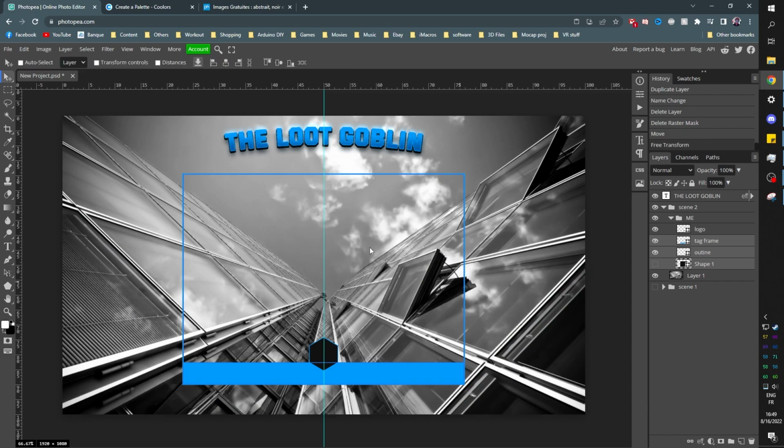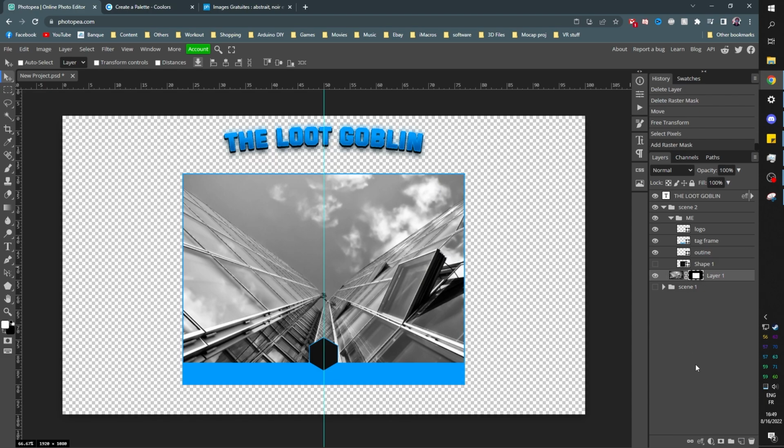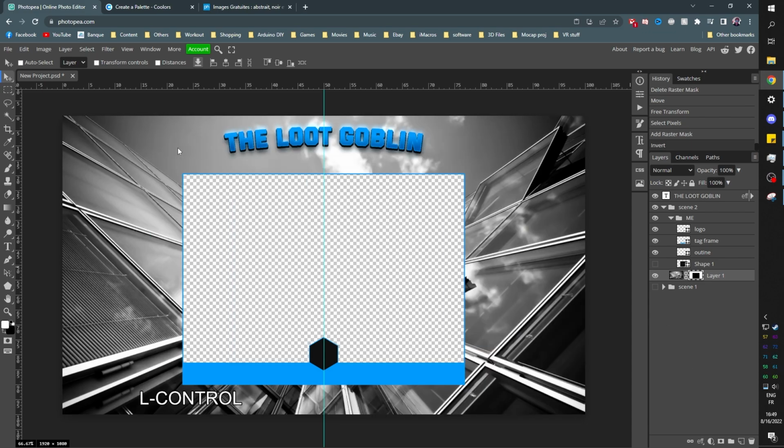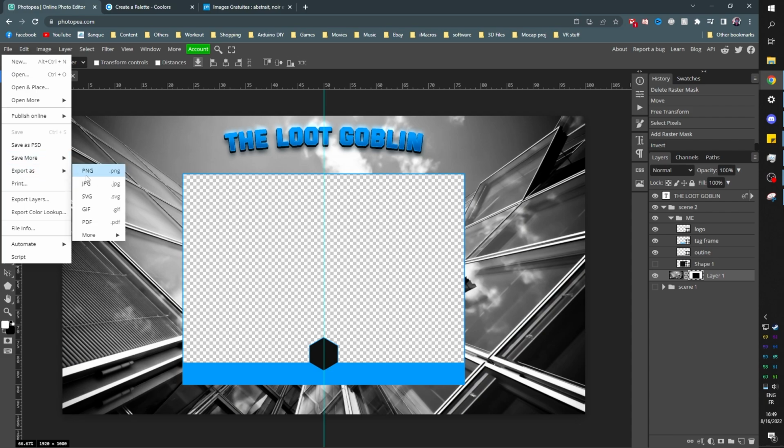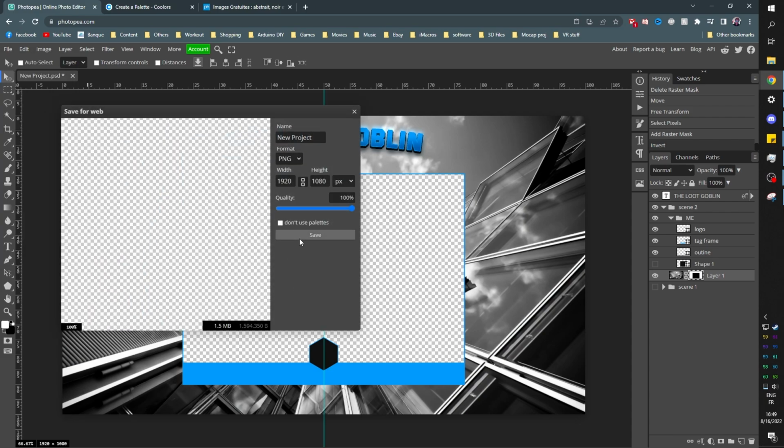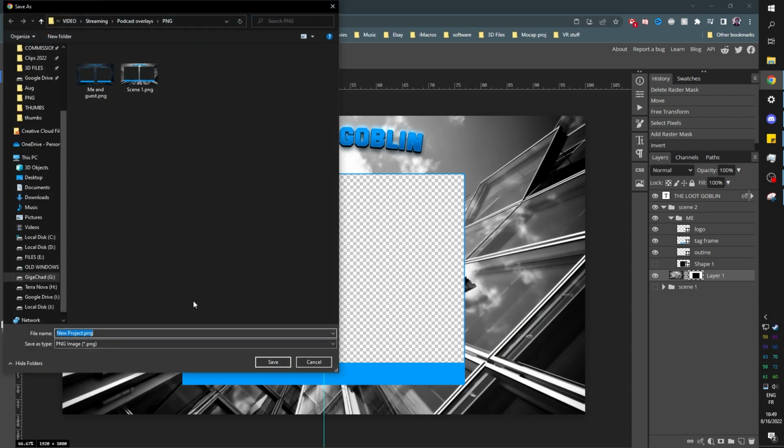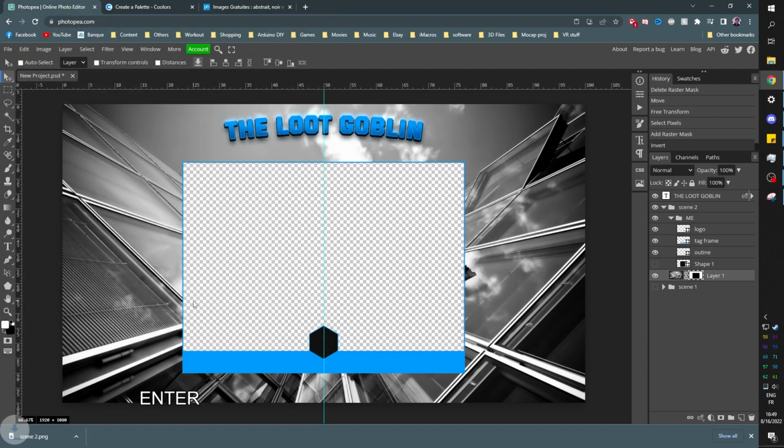Now you have a new frame for when it's going to be only you or only the guest, right? So I'm going to hold Control, click on that shape one, which is the main frame. Click on layer one, which is our background, and add a raster mask, right? It did the opposite. Control I to invert the mask. Boom. There you go. You just created the other one. This is way better than everything I made before. It would take like 25 minutes just to do this. Save. There you go. And we're going to call this scene 2. But technically, it's going to be scene 3 also because, you know, there's no difference.